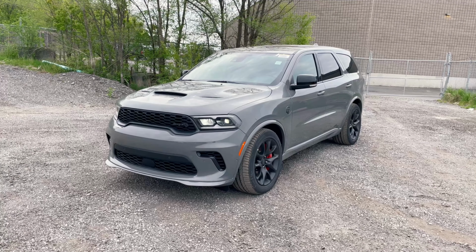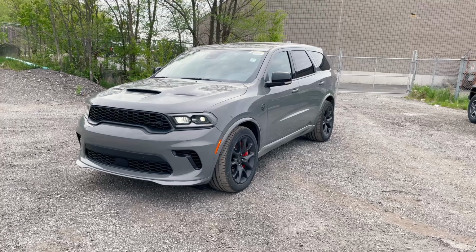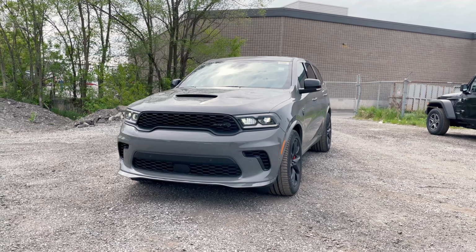What's going on, everybody? Jason here, and today we're going to talk about this highly anticipated 2021 Dodge Durango SRT Hellcat. Taking a look at this Durango Hellcat from the front, you can see that this is a redesign for